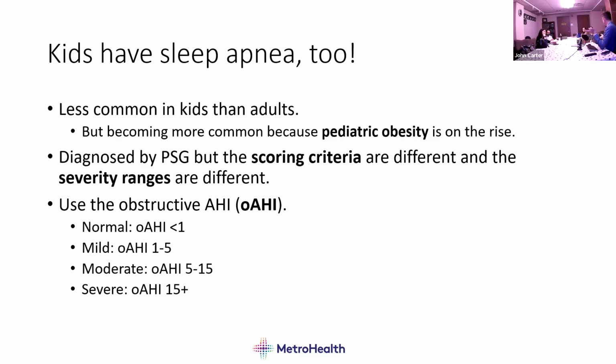At the end of the day, the physiology is still dynamic upper airway collapse, right? But how that happens and how it manifests and also how it's treated historically have been kind of different. That being said, especially in kids who have obesity, especially teenagers with obesity, we're seeing a lot more adult-like patterns of OSA. So you use what you learned from your adult OSA training, use what you learned from your peds OSA training, and see which is the best fit.